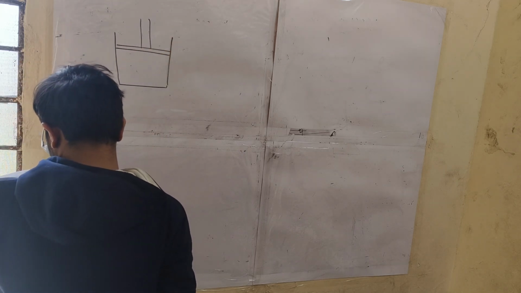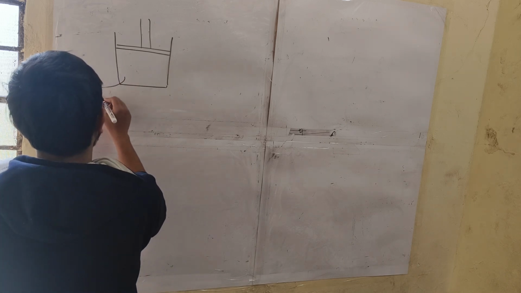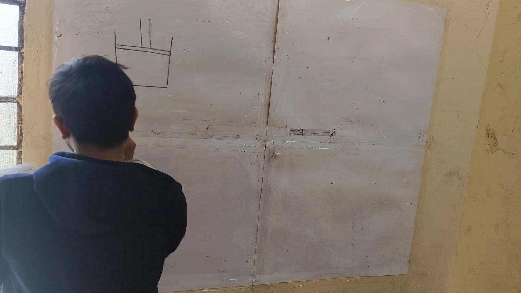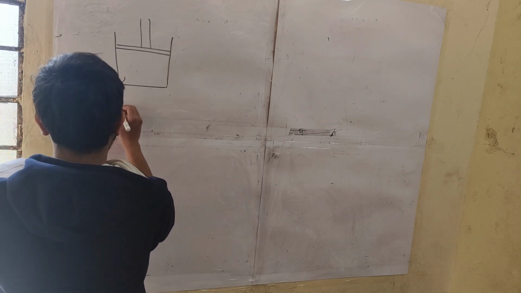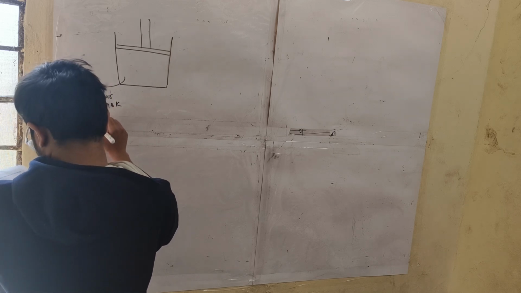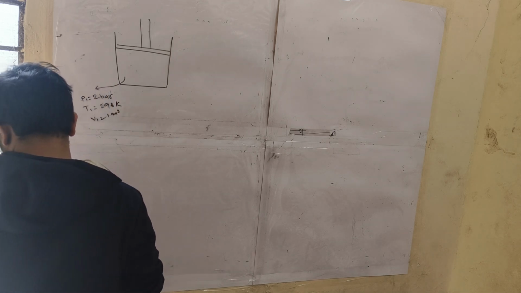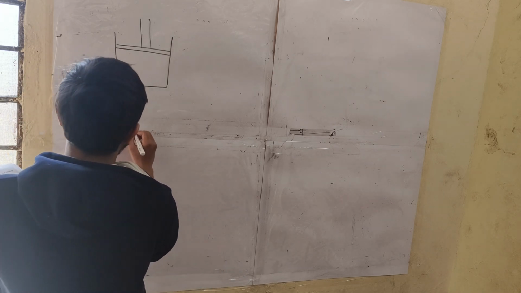Nitrogen gas is enclosed in a cylinder by a piston at an initial condition of pressure 2 bar, temperature 298 Kelvin, and volume 1 meter cube. In a particular process, this process is the PV equals constant process,